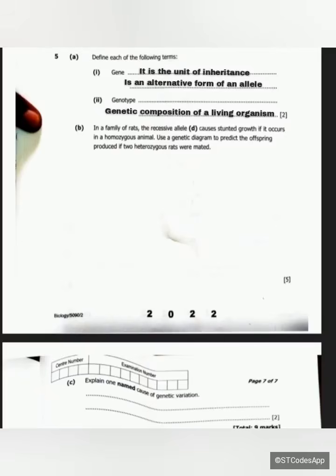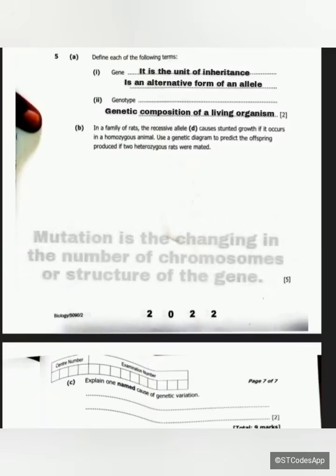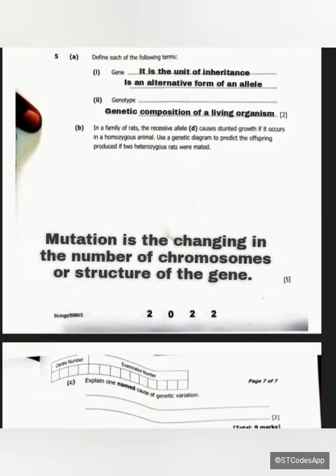So mutation is one of the causes of genetic variation. Mutation is the change in the number of chromosomes or in the structure of a gene. The change in the number of chromosomes or the structure of a gene, that one is called the mutation. So this one is the